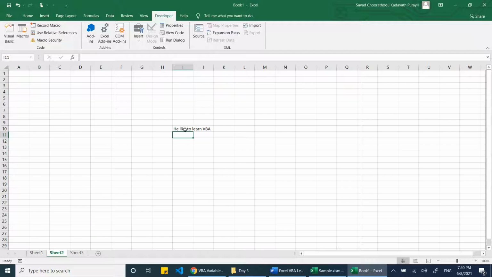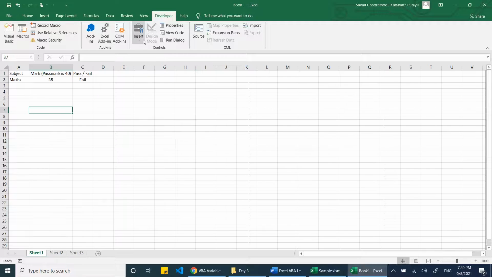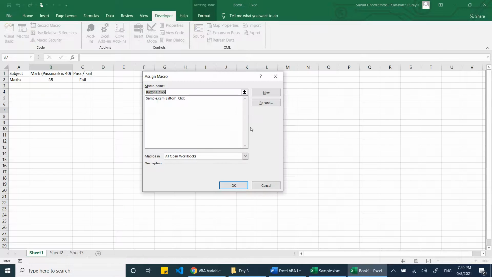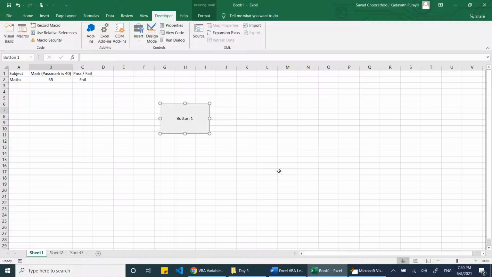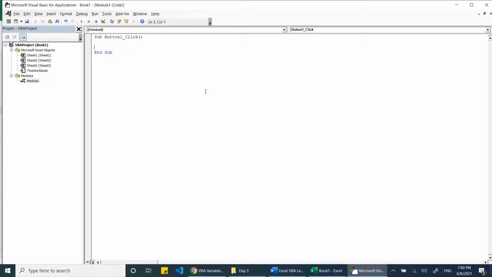That is the shortcut. Now I'll go to Developer, insert a button, then create a new one. As we already said, when the user clicks on the button, it shows a message box, right? Let me close the old one. And the user selects either yes or no. Based on that, the action will be taken.